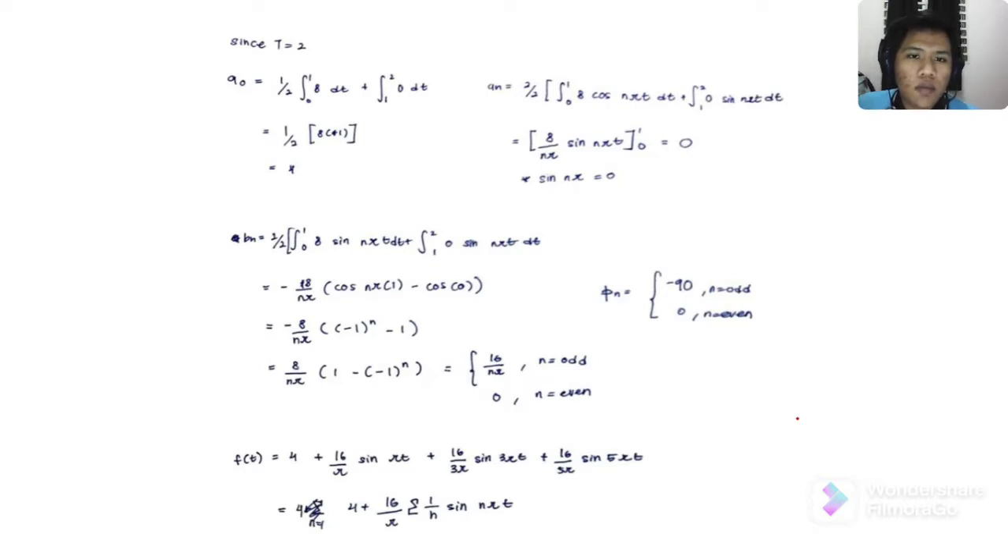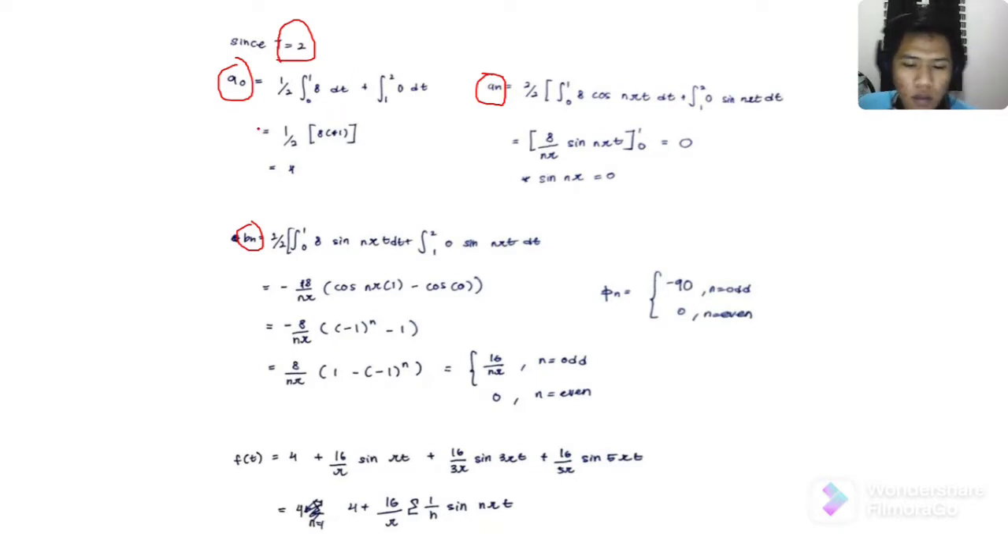So now I would like to present the manual calculation for our circuit design. For our manual calculation, we are using Fourier series analysis. The first step, we need to find the coefficients A0, An, and Bn. Since we get T equal to 2, we substitute into the formula where